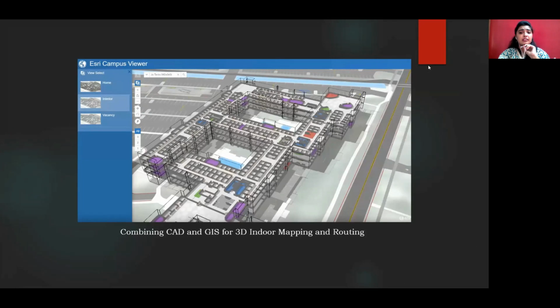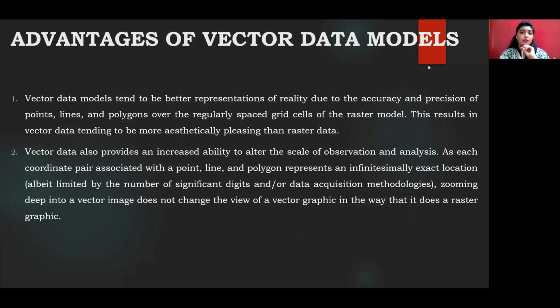See, for example, this is the CAD, this is how CAD is being used. There can be 3D modeling done on CAD. So this is an internal 3D mapping of say an office or a building. In that case, it is very easy to determine the height of one wall, the height of the other one, what kind of feature, what kind of design will be there on the wall, what will be the total height of that building. So 3D analysis can be done when CAD and GIS together are collaborated.